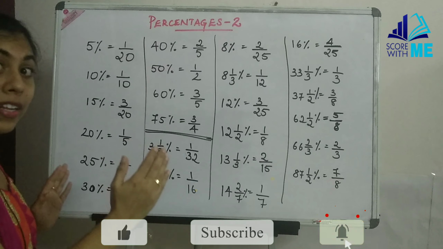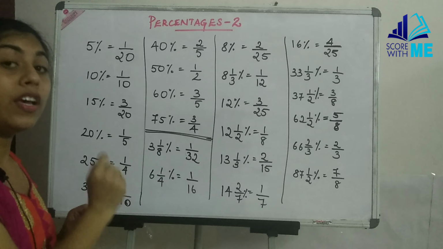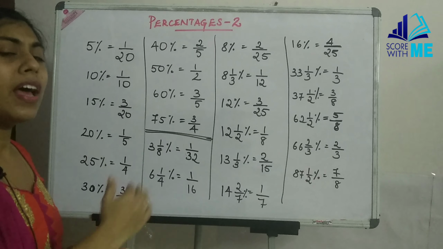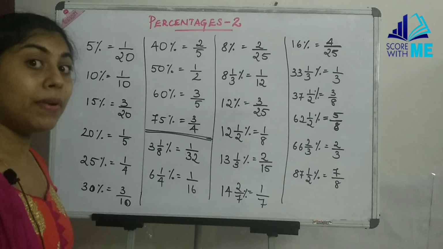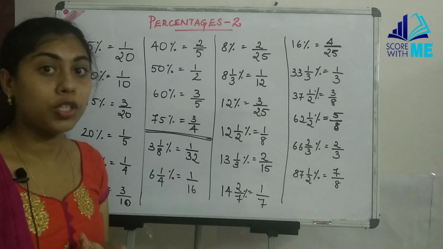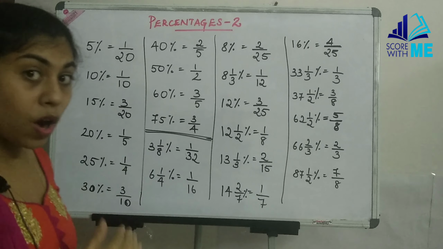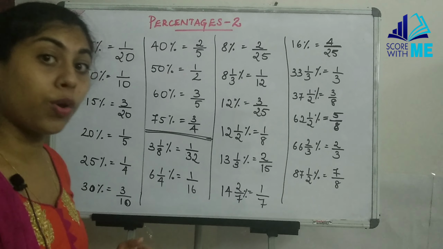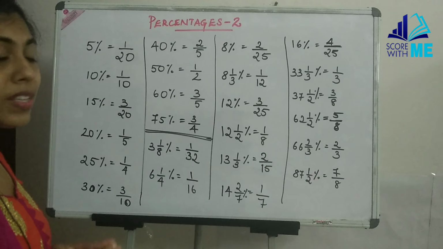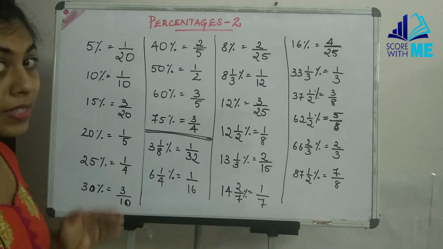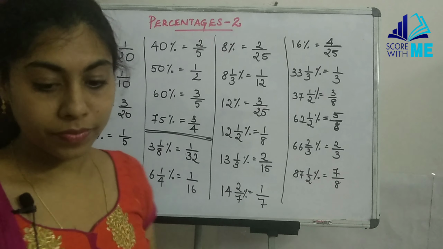For what have we written this? We have written this so that we can memorize these values, and I'll tell you how to remember this so that we need not waste much time on memorizing. So have a screenshot of this or write it down on a piece of paper, and I'll show you how we reach these many values starting from 1% onwards.